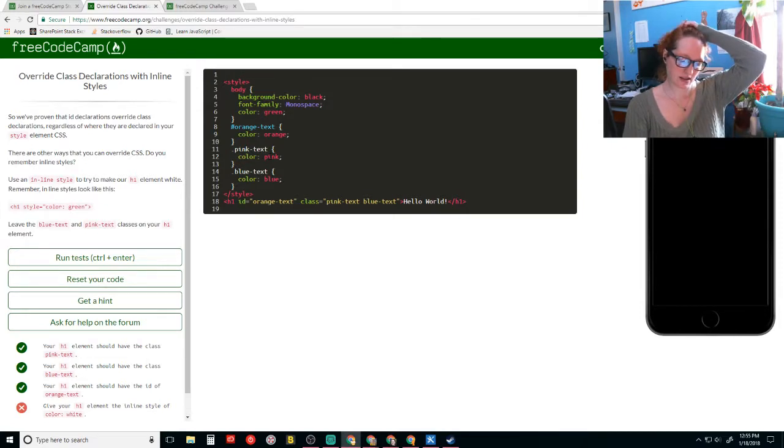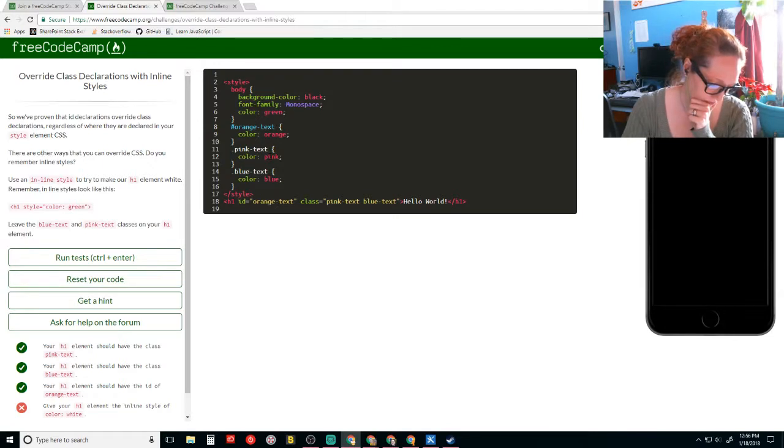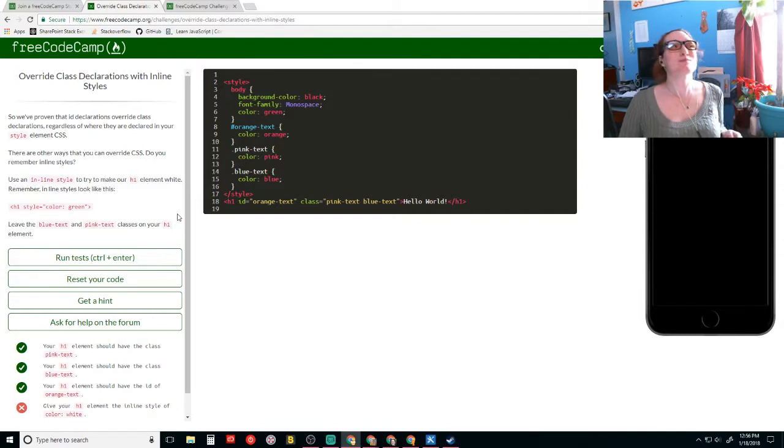Okay, CSS style is less important than ID, which is less important than inline, I guess. I'm not sure if it's before or after.